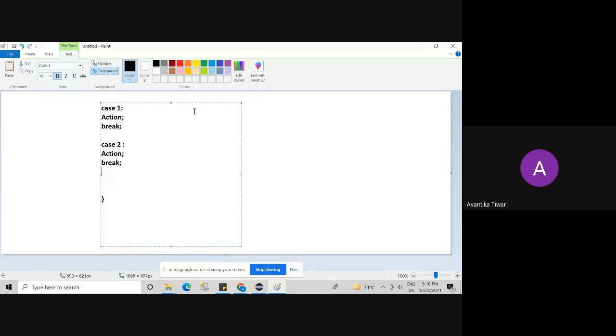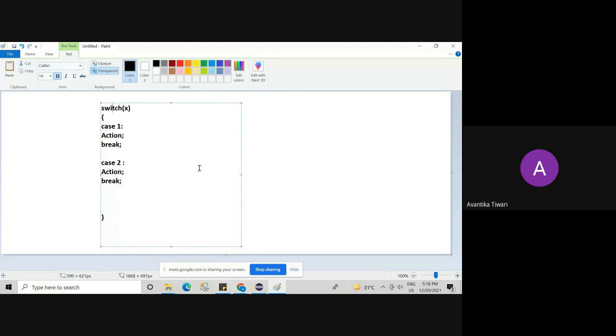Like this, we will proceed in switch case. So this is the syntax. Switch, some parameter x. Depending on the choice that you have opted for this x, the respective case is going to be executed. This we know very well. We have practiced it in C++ language also.